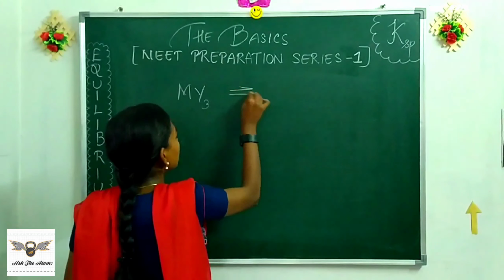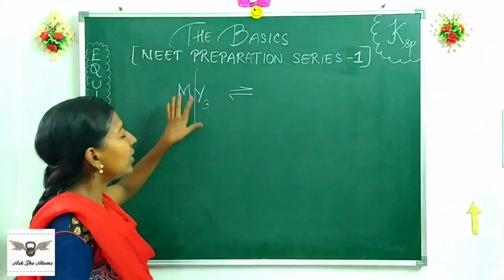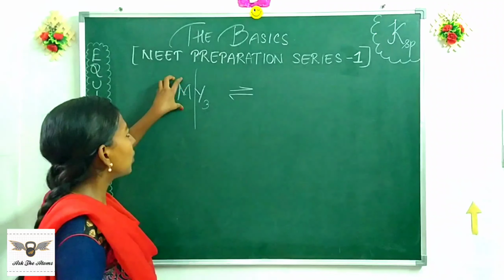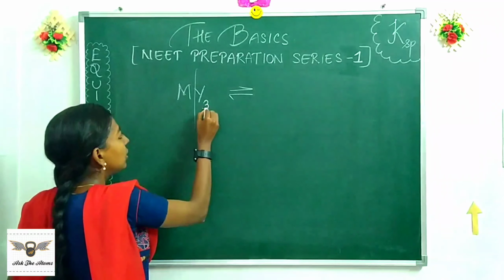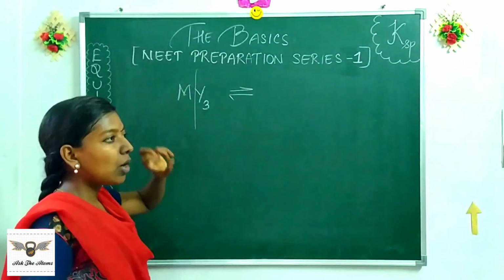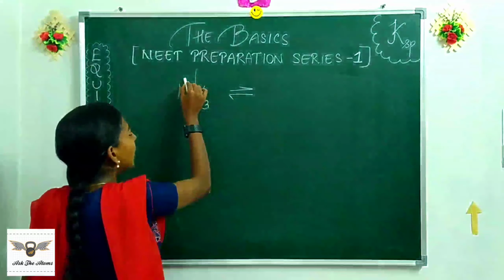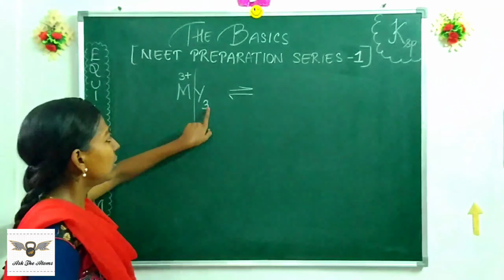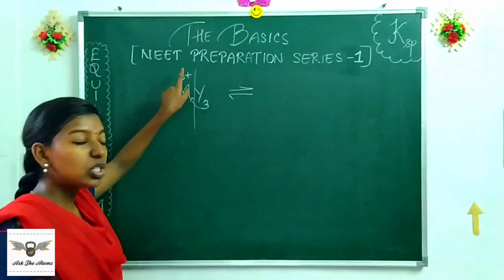First, at the equilibrium, it is very simple. How do you split a salt? In this manner, into two components: the left component is always going to be the positive, the cation, and the right component is going to be your anion. So how do I deduce the charge of the particular cation or anion from the subscripts given? Look at this, the subscript is 3. I hope you remember how you write the ionic equations in your class 10th. So this 3 has come from the valency 3. So M has got a charge of plus 3. From here, I deduce that M has an oxidation state, or a charge, of 3 plus.